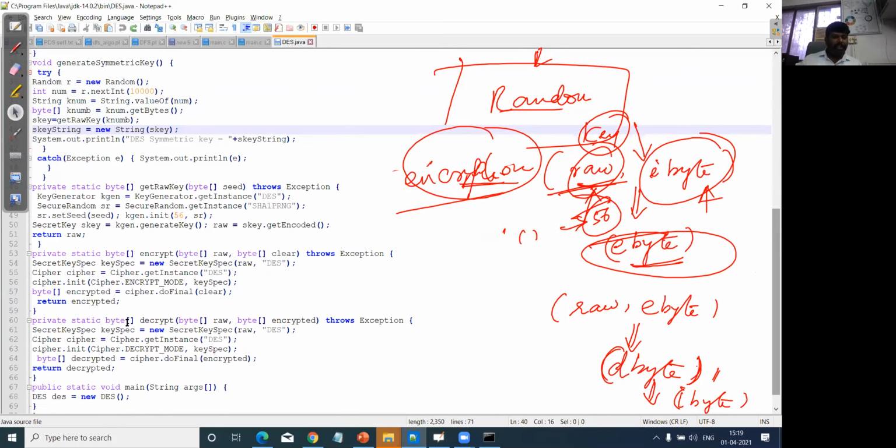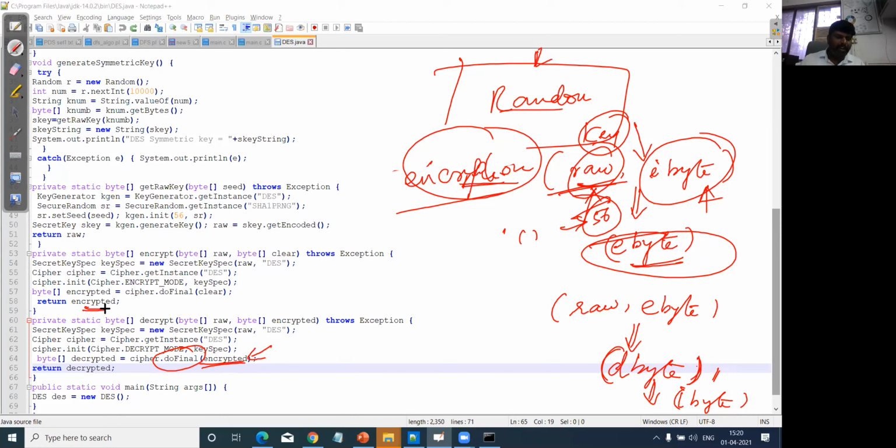Okay, so here I just explained up to the encryption part. Similarly, the decryption part is a little reverse, where we will be using the decryption mode. Here we are going to pass the encrypted value as the input, and then we are going to do the reverse operation, cipher.doFinal, for the encrypted value which we got here, and then we are going to pass